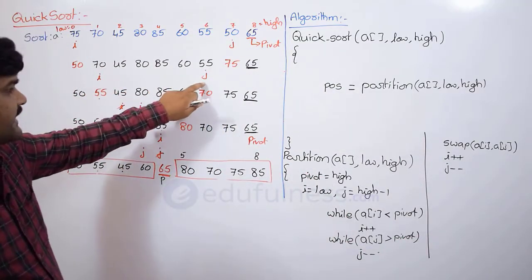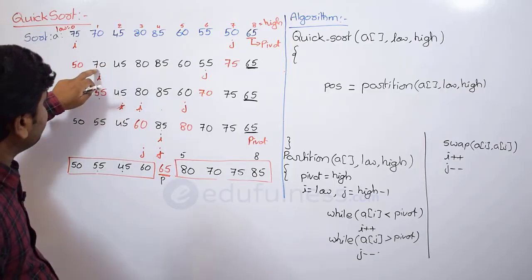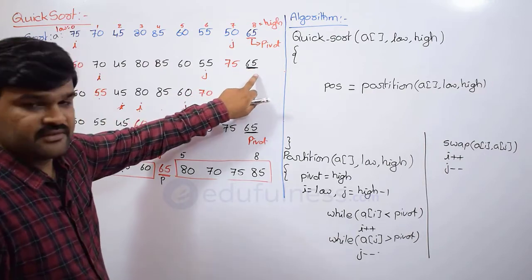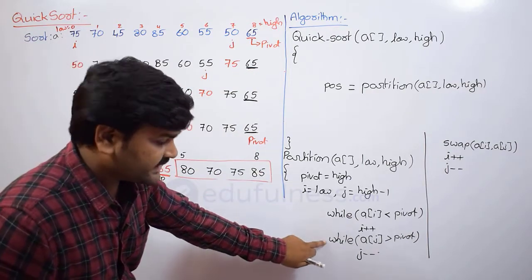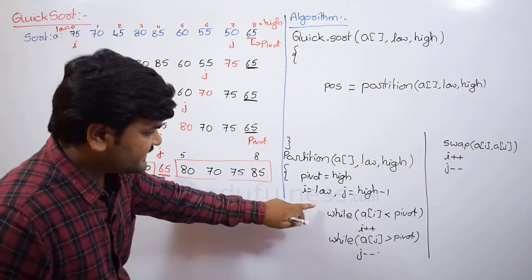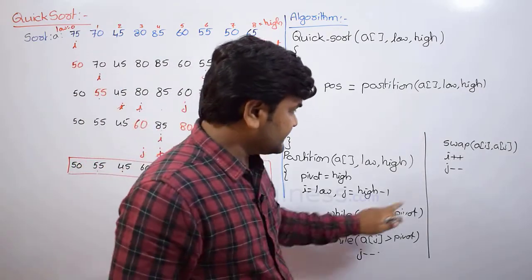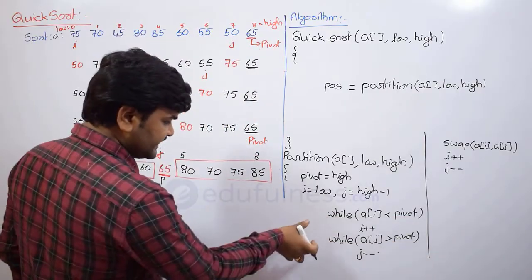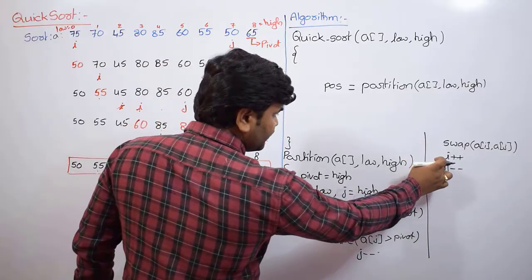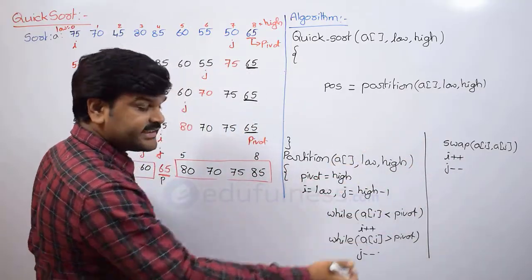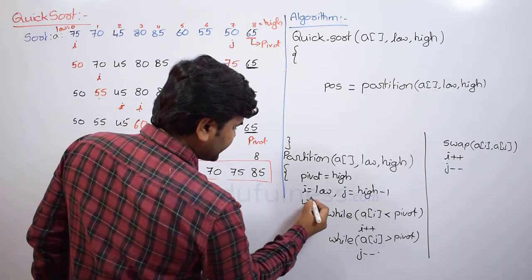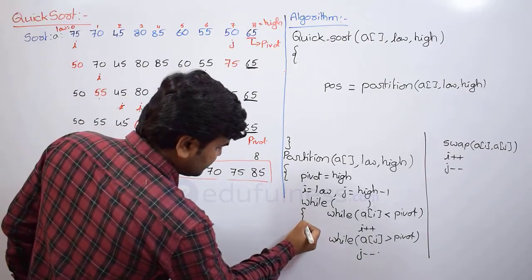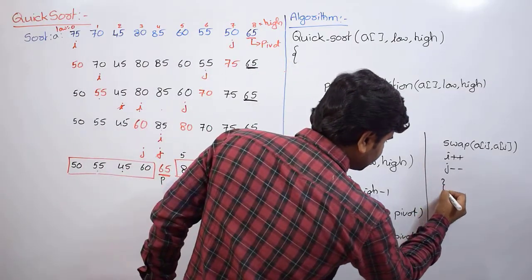Then after these two steps, what did we do? Again this element i compared with the pivot, and this element j compared with the pivot. That means these two steps you are doing repeatedly, is it or not? So these steps, this and this and this, you are doing repeatedly. That means again you have to use these steps 1, 2, 3, 4, 5. All these must be again in a loop, right? So here I am going to take another while loop. For this we have to write down the condition. So this while loop here I am going to close.